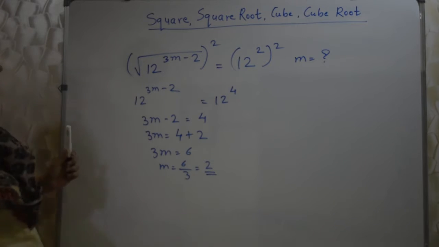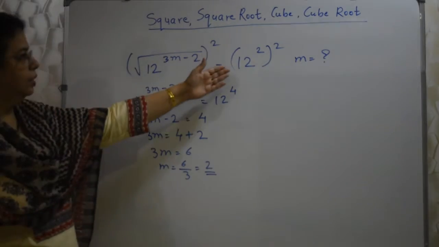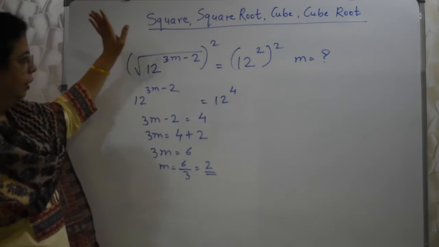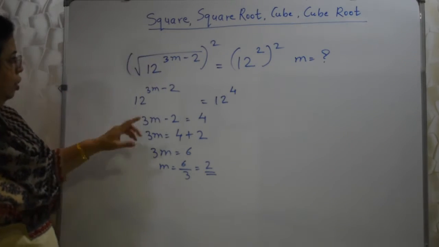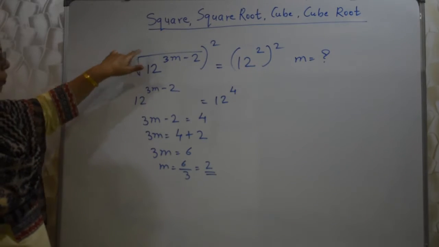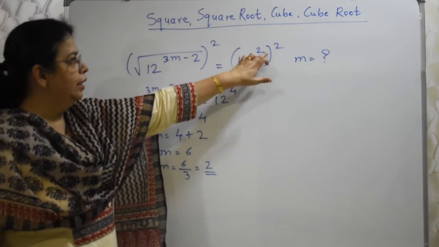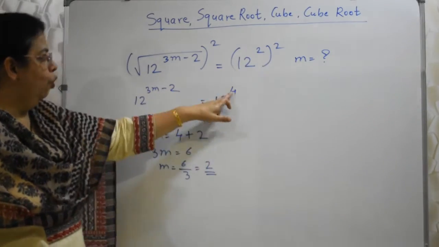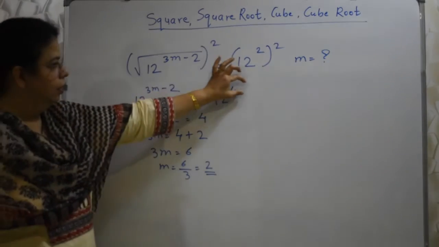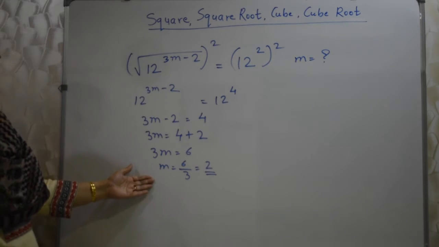So easy, isn't it? What I did, just square of both the sides. क्यों square? क्योंकि ये मुझे निकाल देना था. This is troublesome, isn't it? So जो अंदर था वही रह गया, because square of this is whatever is inside. Then 12, 2 पहले ही था, इसको 2, so 2 into 2, 4. Then 12, 12 we can remove, just take help of this 3m minus 2 is equal to 4 and solve it. You will get the value of m.